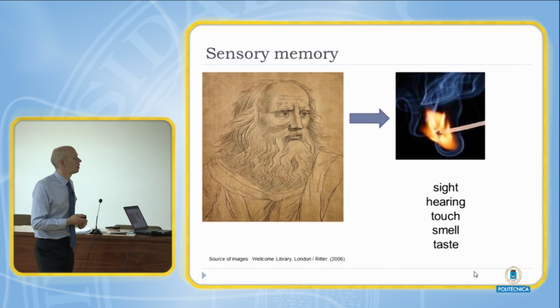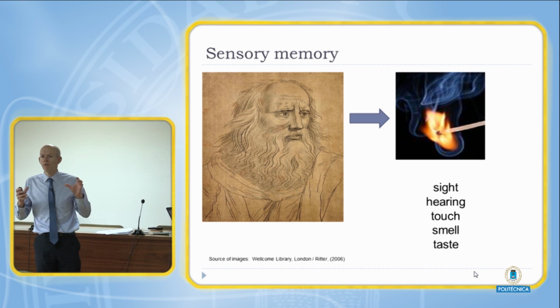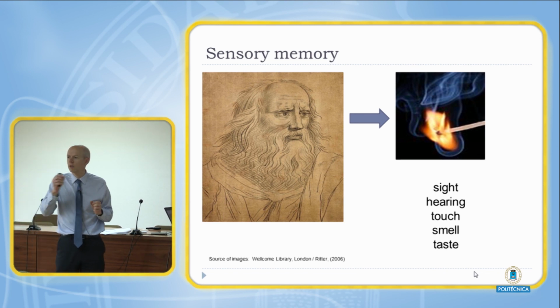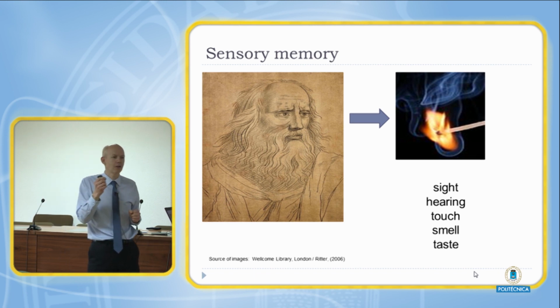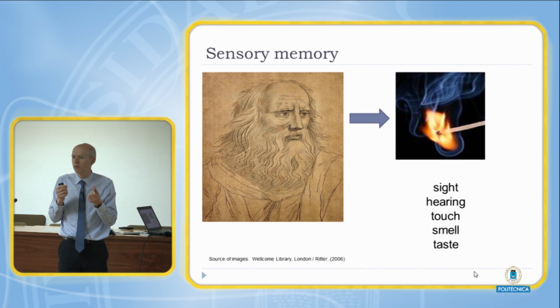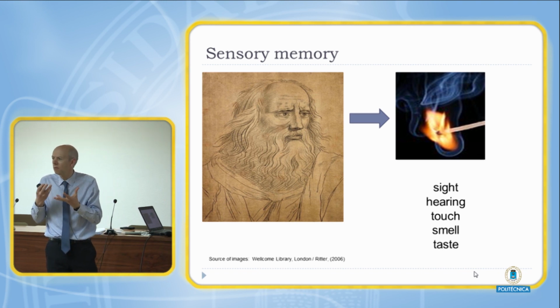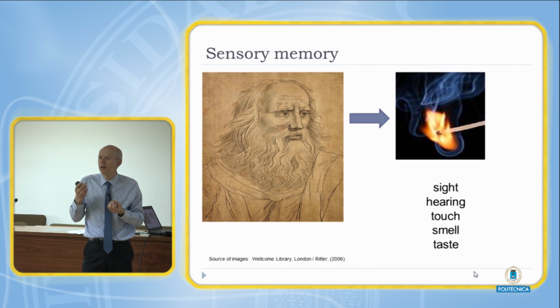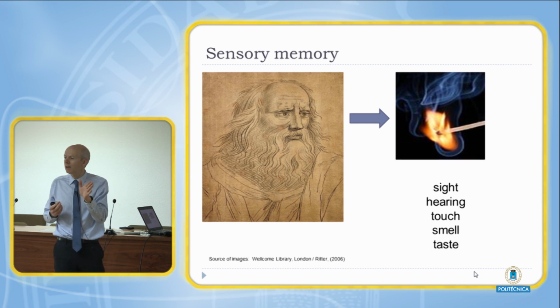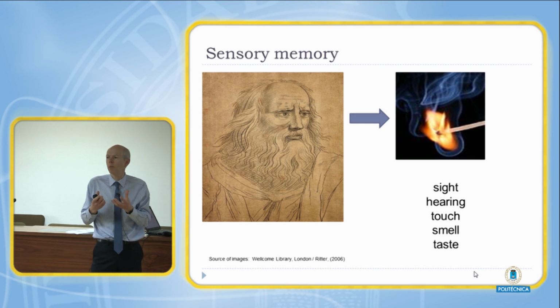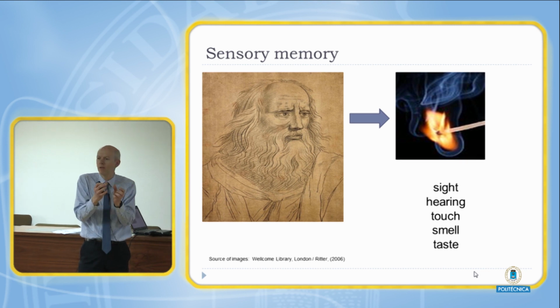So, to start off with, if we light a match and we see a lighted match in front of us, we can listen to the sound of the crackling as it burns. We can smell it as it's burning. We can see the color of the flame. And if we put our hand close to it, we can feel the heat. So what we're doing here is we're perceiving that what we're seeing in this case is a flame. And that helps us to understand and recognize it.